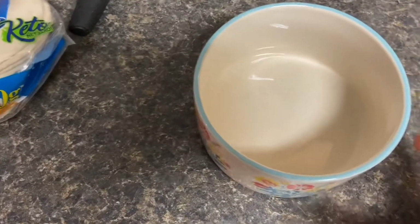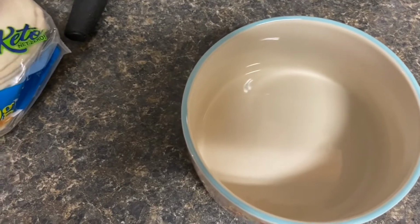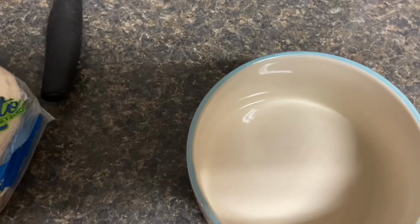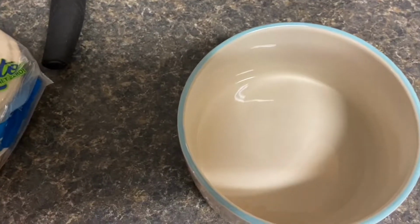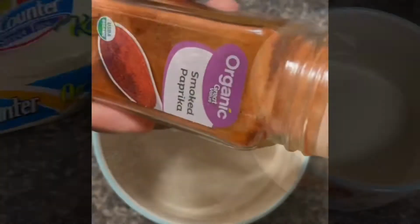I want these on the spicier side with lots of flavor, but I'm not gonna use a whole chicken breast for my quesadillas. I probably will use maybe a 1/4 or a 1/2, or a 1/3 of one of the chicken breasts, which is why I didn't just separate them. I'm just gonna cook them all in the same pot. So in here, I'm gonna add